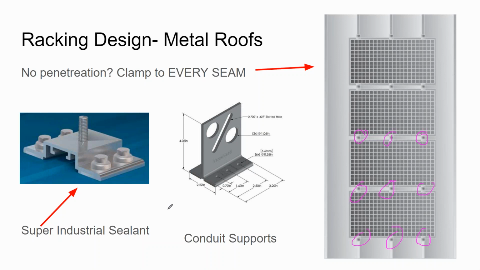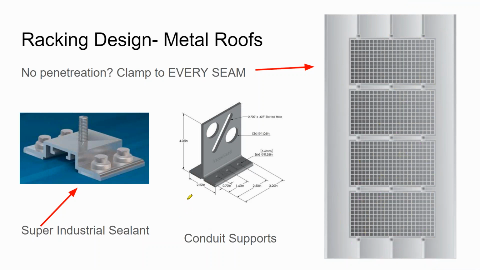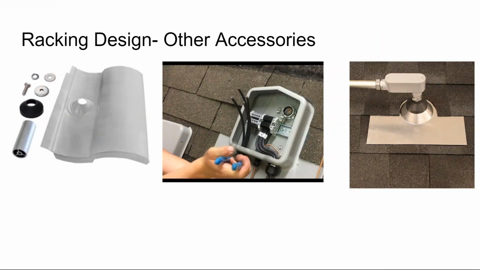And the reason is, if you start eliminating these clips, you take out that whole middle row. Now, all of a sudden, if you're just going down the edges, you're putting all the load into these two metal panels and not the middle metal panel. And with standing seam roofing systems, the way that these metal panels are clipped to the decking underneath, it's not strong enough for that. And so you want to distribute the load as evenly as possible across those clips.